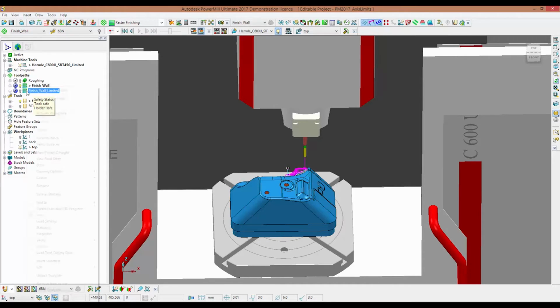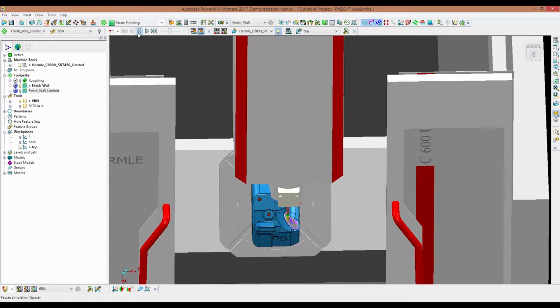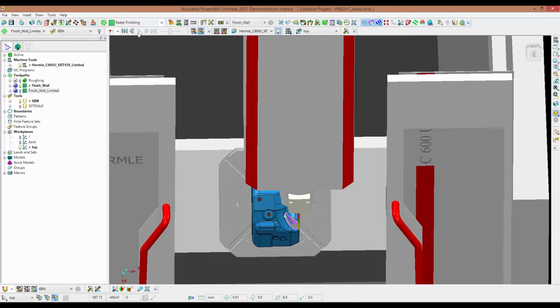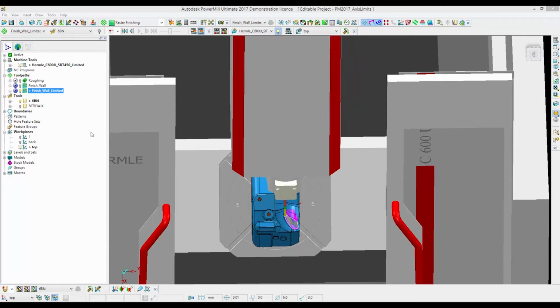If I now simulate the other one, you will notice that the machine bed has changed its angle. So if I simulate this, the tool is still vertical, but the machine bed angle is different. I'm going to show you how you can do that. So I'm going to activate the limited toolpath, enter the settings,